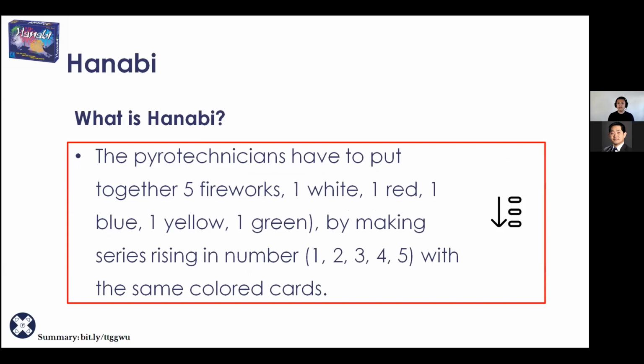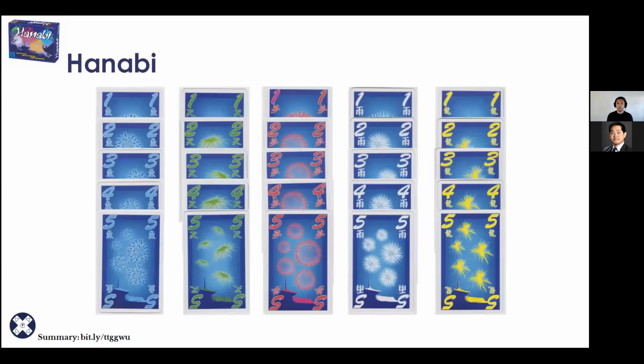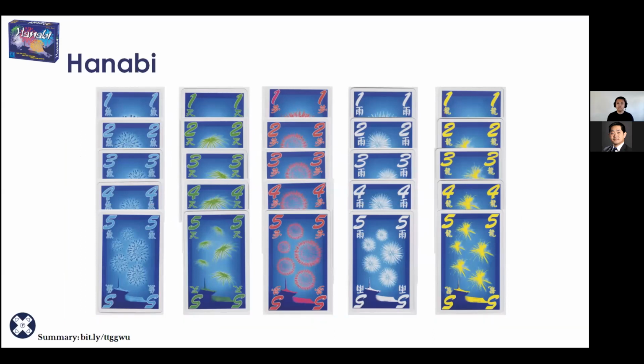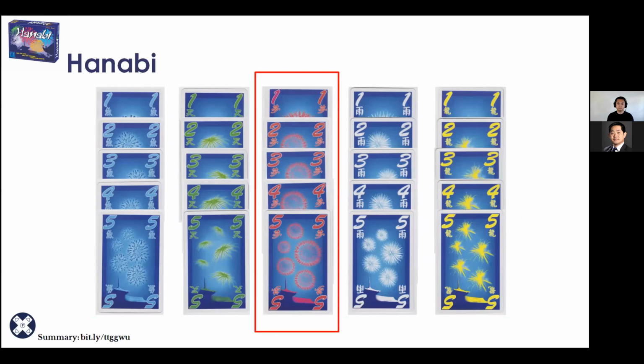So there are going to be 5 different types of fireworks that are separated into 5 different colors. And those colors are white, red, blue, yellow, and green. All of these individual colors are going to be rising in number, starting with 1, 2, 3, 4, and 5. So there are 5 colors and 5 different numbers for each one of them. This is what a full display of Hanabi looks like. You'll see the blue, green, red, white, and yellow fireworks displays all going in ascending order, all the way to the top, ending with the 5th firework at the bottom. They all have to go in ascending order. So before you can play the 2 red on top, you have to play the 1 red.